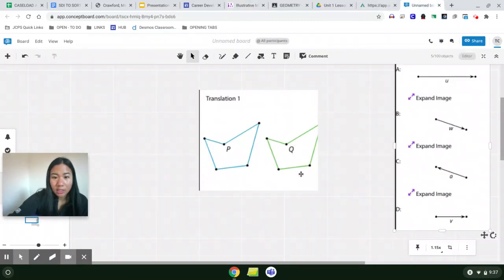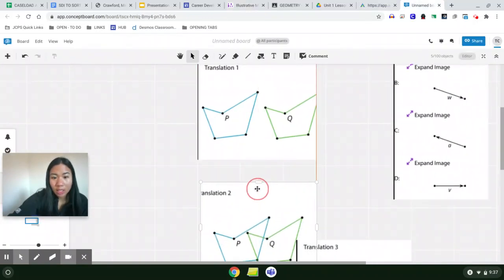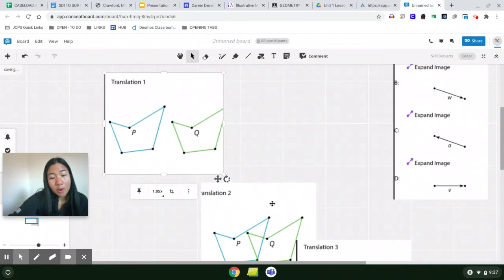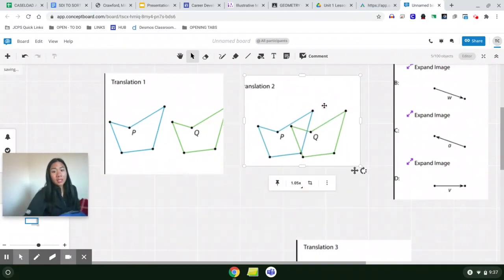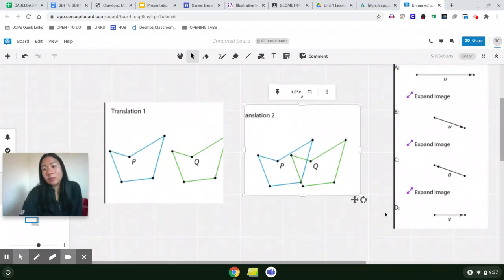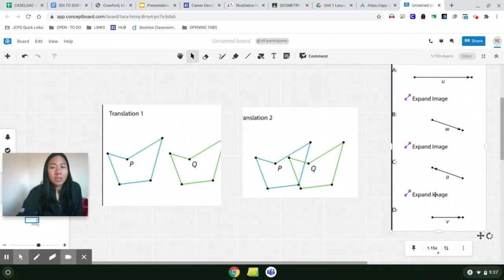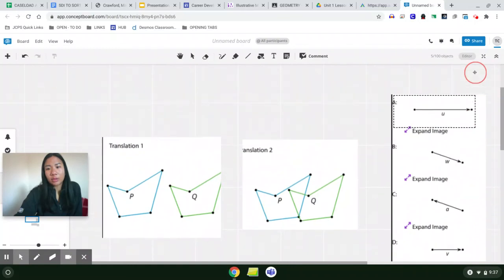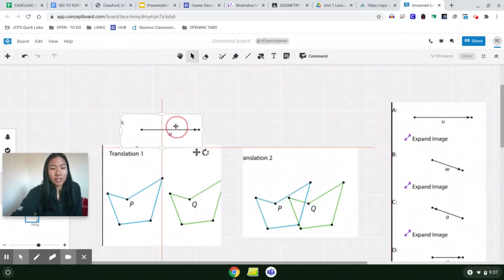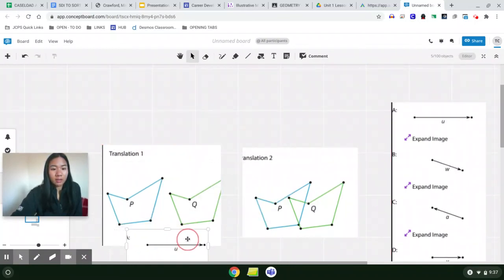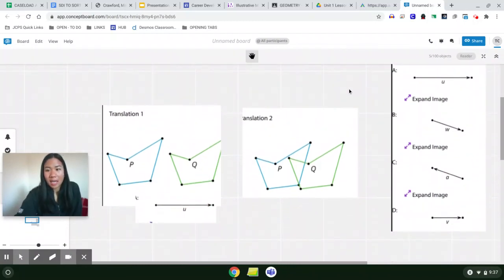Okay, let's do this. So we have 2 translations, translation 1 and translation 2. But notice that both of these are when P has to shift right to create Q. But this one's a lot closer than this one is. So if you're simply looking at the different choices, just by process of elimination, you should come to the conclusion that A matches with this right here. Okay, I'm going to kind of set it over so you can see. That's A. And that D matches